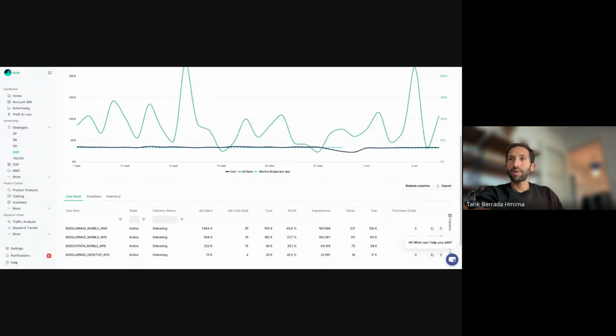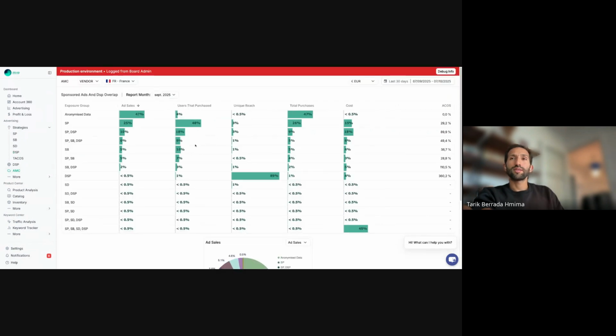Can we block DSP on some publishers? So yes, you can upload your own list of domains. In DSP, we focus on lower funnel conversion. How would that impact revenue potential in addition to sponsored products, assuming we start with a 5K budget? So I don't know, 5K budget, it depends on how much is your sponsored ads budget. But at least from the AMC side, for people who are accustomed, on the AMC tab, you can see the different paths to conversion and see what's the impact of DSP and where it does appear in your different paths.